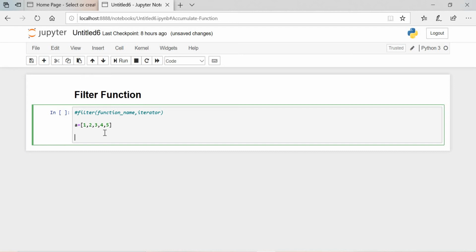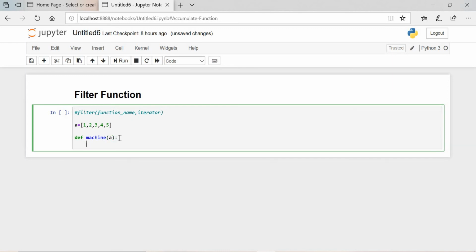So we'll create that same one here. Def is the function, then we'll pass the function name. We can pass any function name. I have passed machine here. So I need to give the parameter a, that is this iterator, inside this one, then a colon.